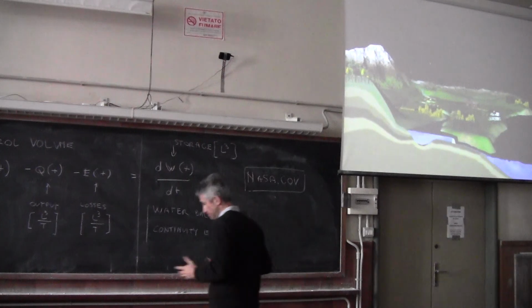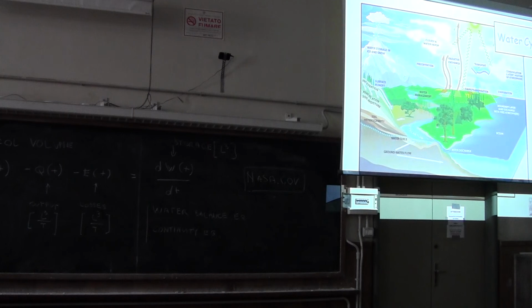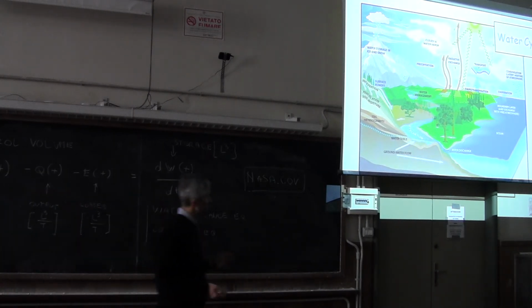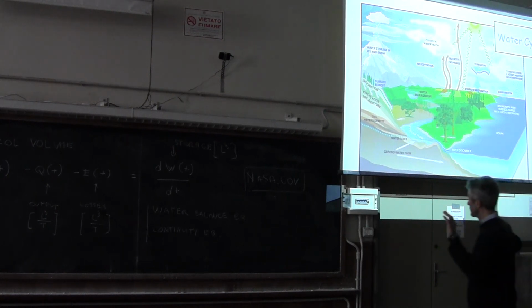Okay, let me go back to my sketch. And basically you see the same thing that I showed you in the video. You have evaporation from the oceans, and this slide just serves to give you an idea of the processes, and you don't get numbers here. So there is not much to say more than what we already said. You have evaporation from the oceans, and then you have the water vapor over the oceans that moves into the ground, etc. And there is one thing that I want to say